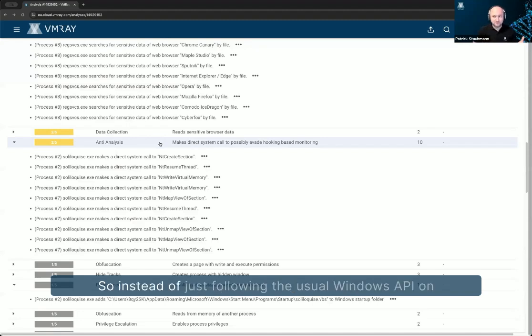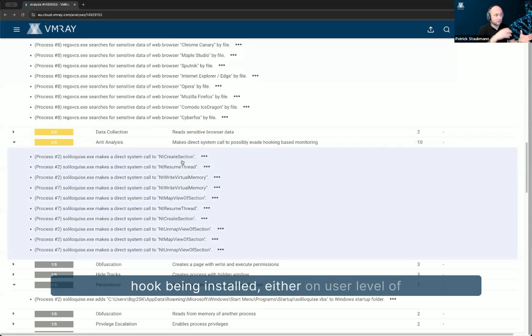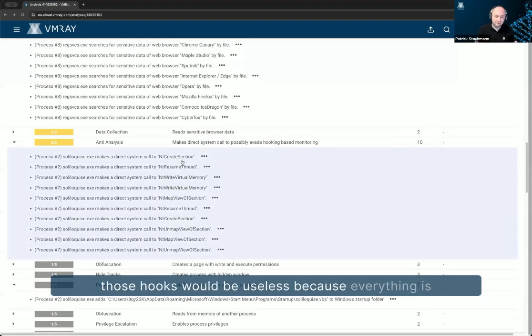Instead of following the usual Windows API path from the high user level all the way down to the kernel level, they directly make use of system calls in the application itself. From the application, they jump directly into the kernel and try to execute those functions. That means whenever a hook is installed, either at user level on those APIs or maybe even at the native level, those hooks would be useless because everything is simply bypassed by using direct